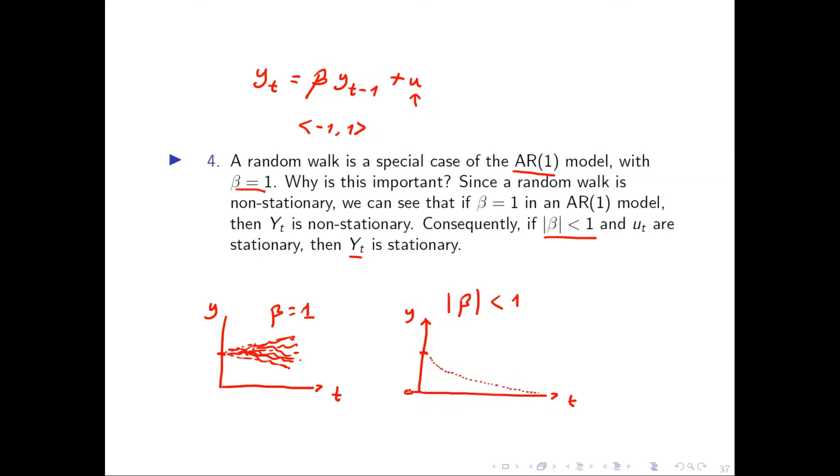To get close to 0. Which means that you have this force which draws the process closer to zero. But because we have this shock from the error term, the process will not get exactly to zero, but it might come close to zero